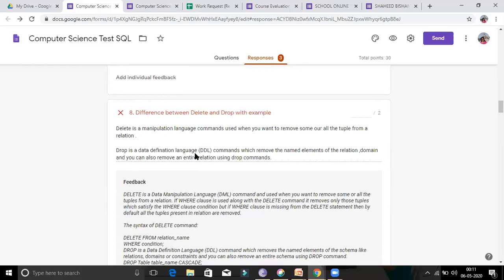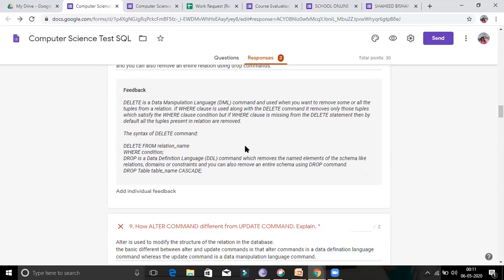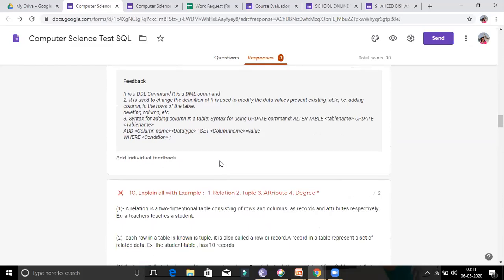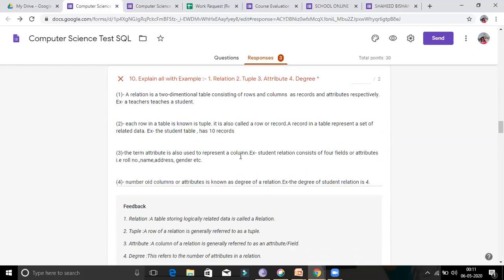According to performance, you can give marks. I have given a 2 mark question, so according to performance I can give 1 mark or 1.5 marks here. Each and every question, I can see the answers here. So individually I can check and make a performance record of the students.